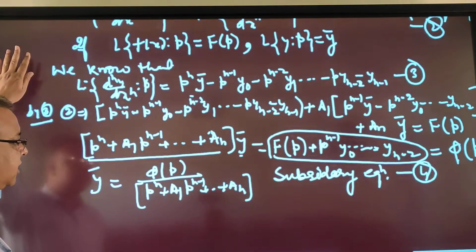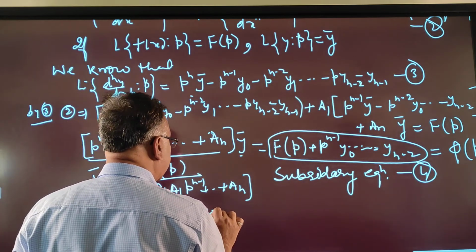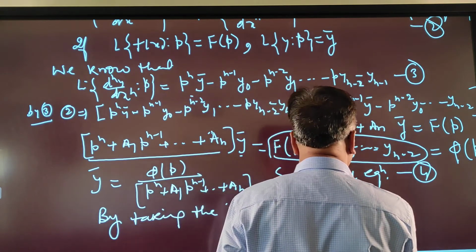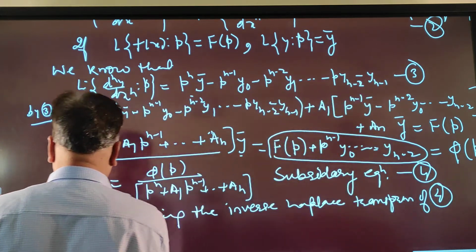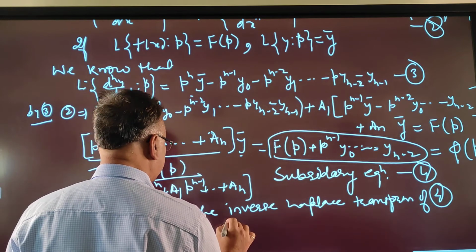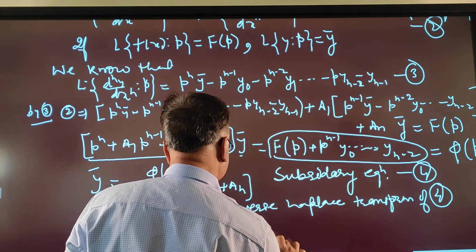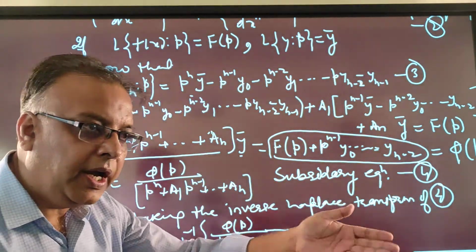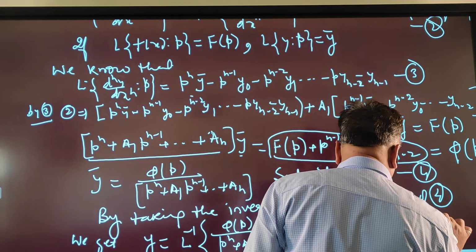So by taking the inverse Laplace transform of equation 4, we get y is equal to the inverse Laplace transformation of the function phi(p) upon p raised to n plus a1 p raised to n minus 1 plus so on plus an, with respect to x. This is the value of y,